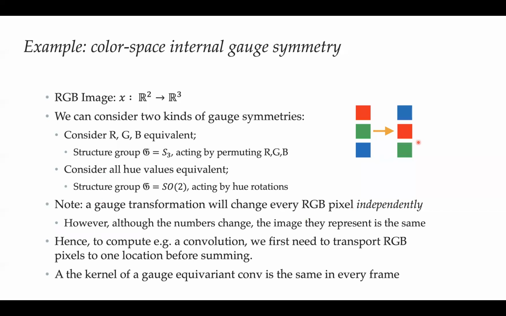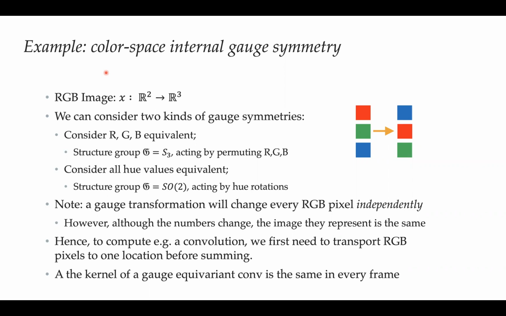So here's another fun example. That is the first example of an internal gauge symmetry. In the examples before, we were always talking about spatial directions, either tangent planes, or in the case of diffusion tensor imaging, the tensor is actually also defined in terms of the tangent space. So a tensor is a tensor product of tangent vectors.